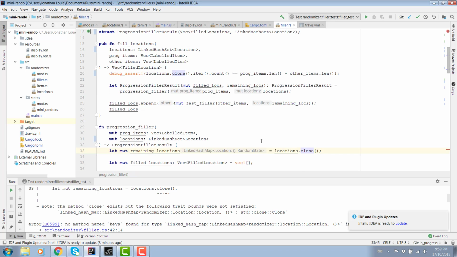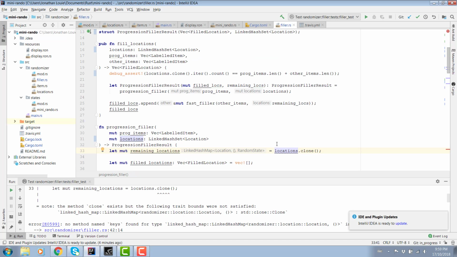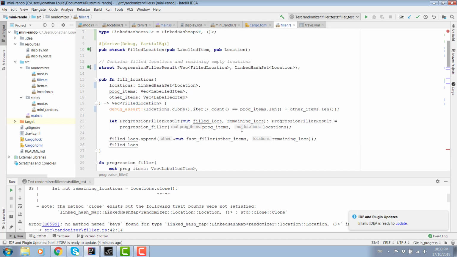Oh dear. I do need to clone this, though. Yeah, I do want to have two locations. I'm trying to think, how am I going to solve this? I guess I could implement a clone method for this. I think that's what I'm going to have to do.